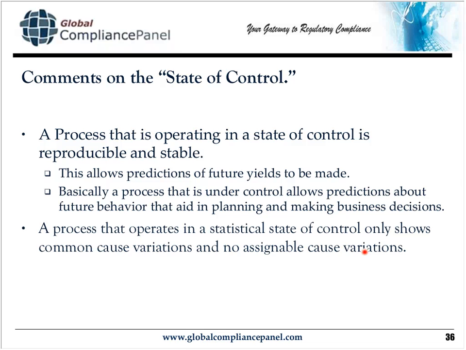Now, assignable cause variation is usually a one-time thing, or, well, hopefully no more than once, but sometimes it happens over and over and over again. And it's due to something external to the process. Sometimes it's nothing more than a sleepy worker. Sometimes it's because of bad raw material. Sometimes it's because somebody made a mistake while adjusting the machine. All of these things are assignable cause variations.